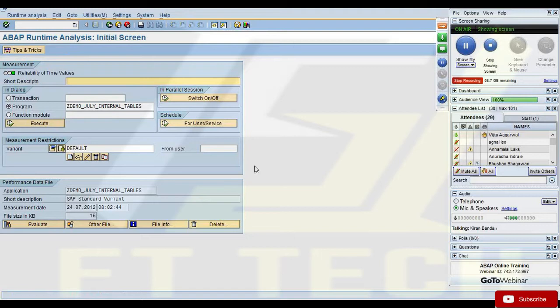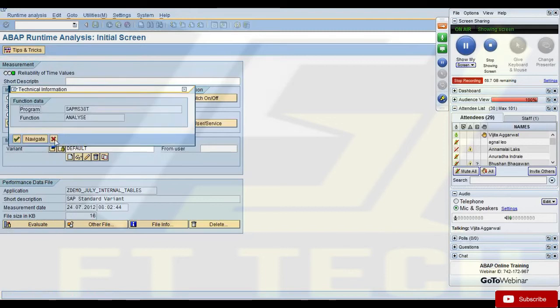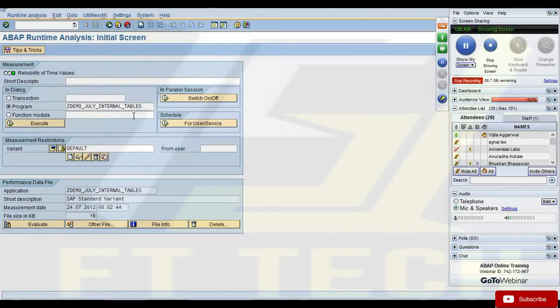Okay. Do we get any documentation on these tools somewhere? There are so many options. How do we understand which option is for what purpose? Like I see parallel session schedule and all those things. There should be some documentation. If you search in help.sap.com for SE30 transaction runtime analysis, you'll get a documentation.